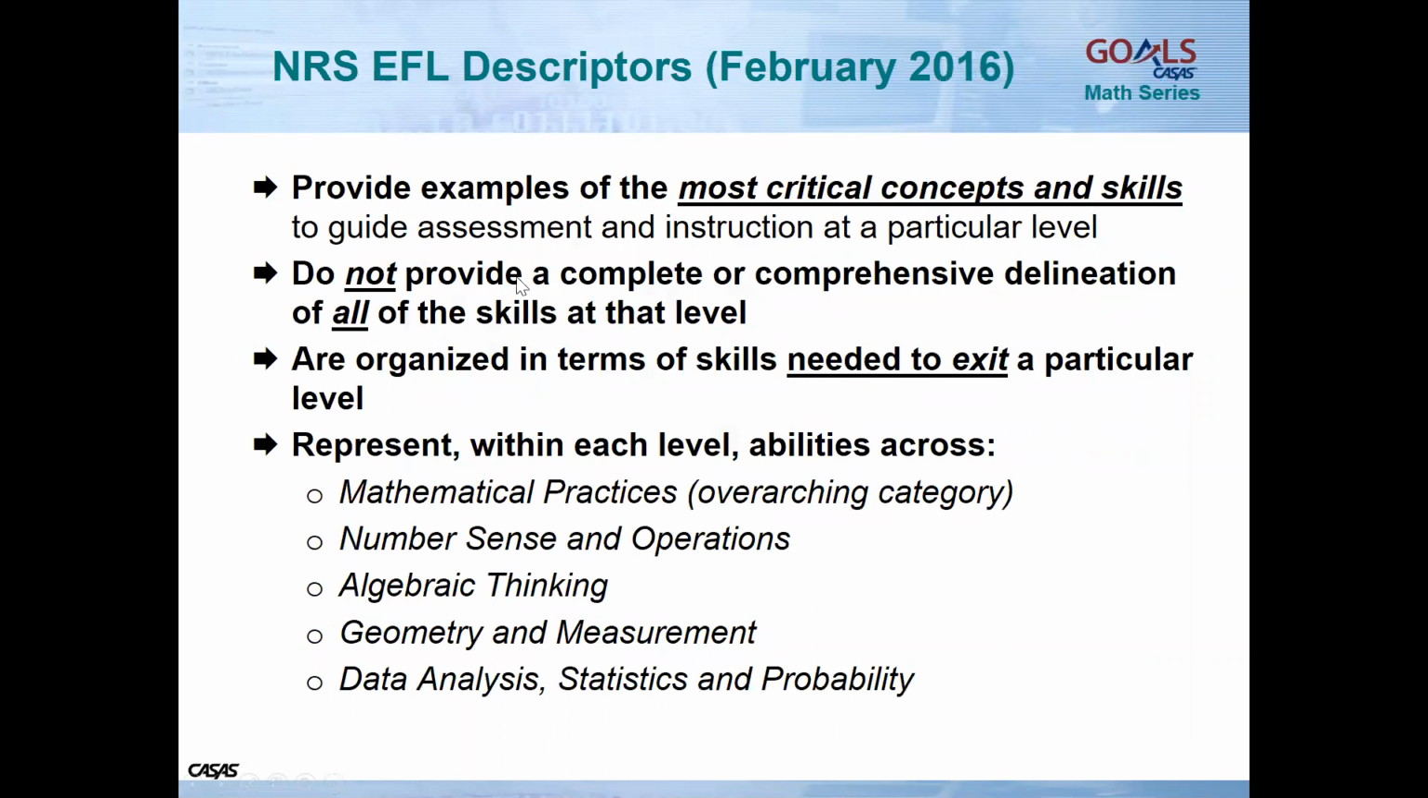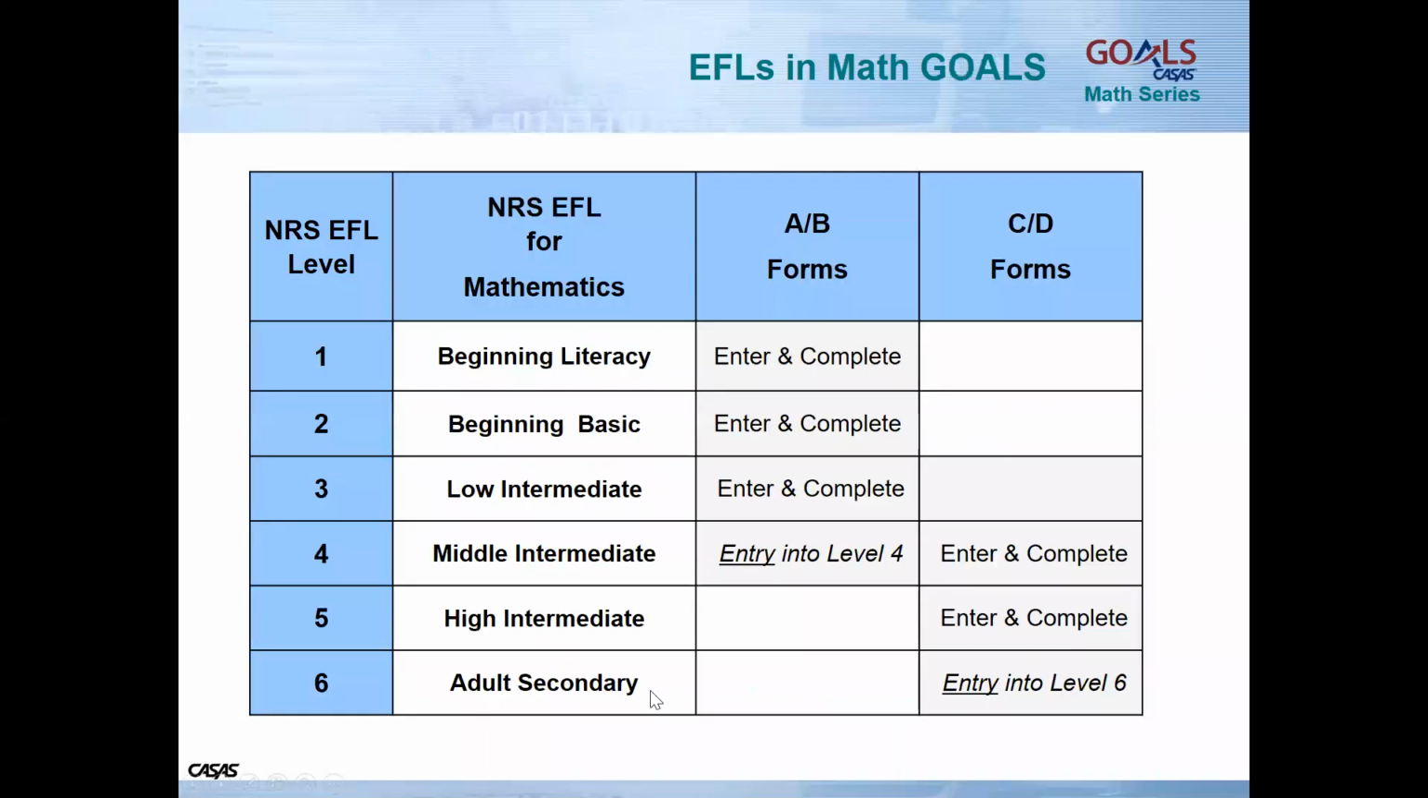So in these NRS descriptors, there are examples of the most critical concepts and skills, but it's not a complete or comprehensive delineation of all the skills, so some of the things that we're testing are not explicitly mentioned in the NRS descriptors. But they are also describing what a student needs to be able to do to exit a level, and these are the areas that we mentioned earlier. Now here's a chart that shows